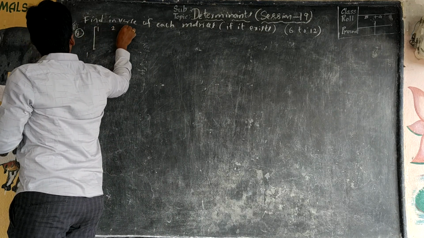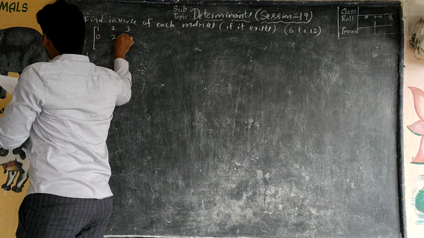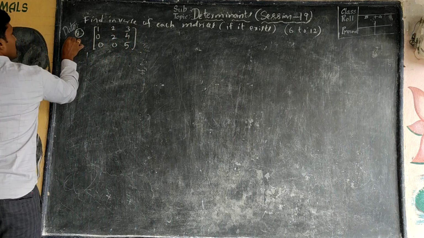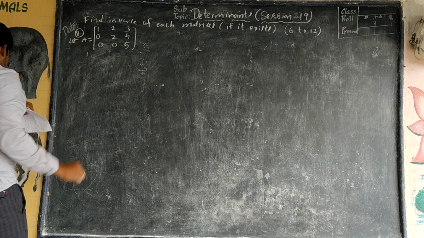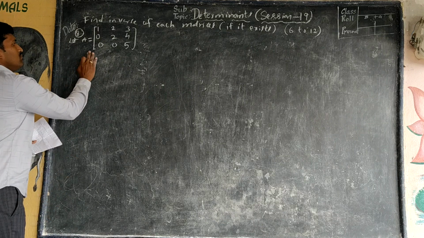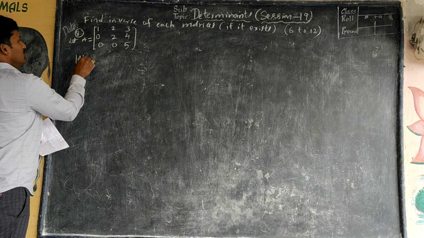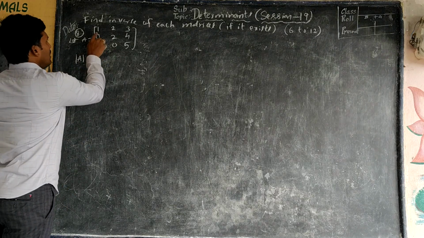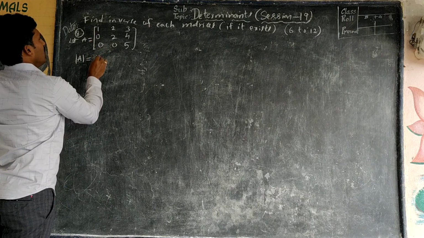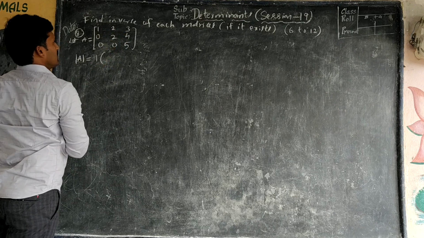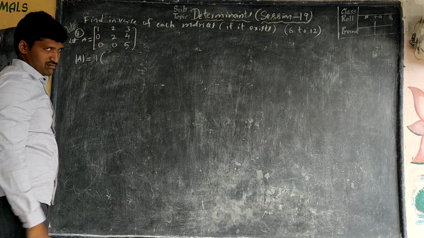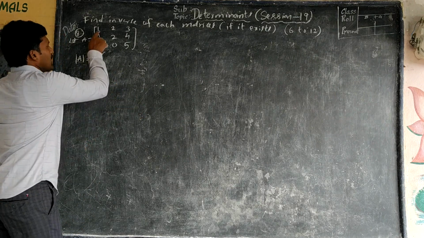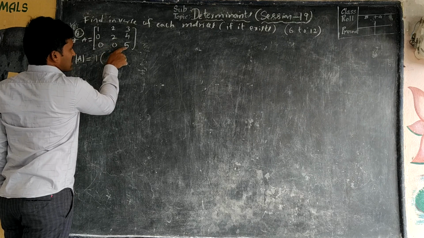The matrix is given: 1 2 3, 0 2 4, 0 0 5. Let us assume this is the A matrix. Now, the A value, let me show how to find that. Now 1 into, by deleting its row and column, because expanding along C1 is better. The reason: if you expand along C1, you get the required value directly. Now deleting its row and column, remaining: 2 5s are 10 minus 0.